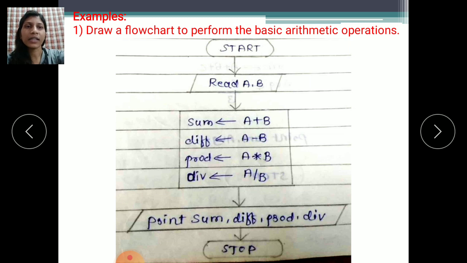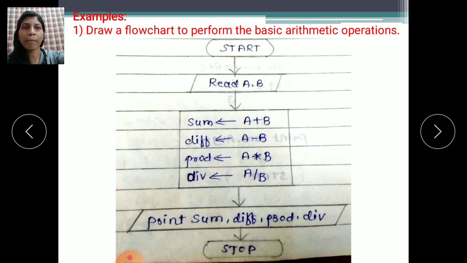After writing the mathematical formula, whatever result we get using that formula, print that result on the monitor screen. So whatever result we get, we print in the algorithm. Print means here we get a plus b, meaning the sum, the addition of a and b. So print sum, and we get the difference, otherwise subtraction, the product, and the division. Whatever result you get, you print that result in this.